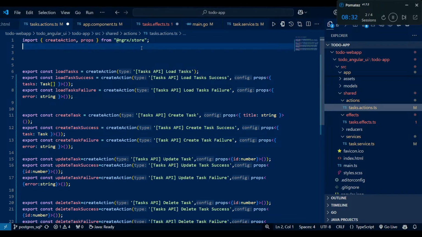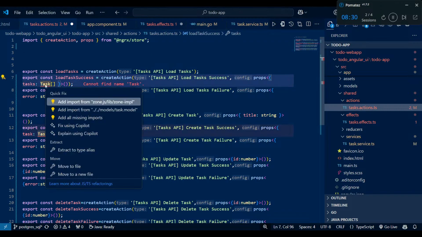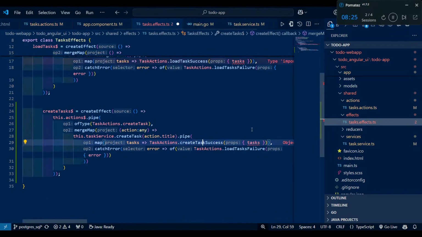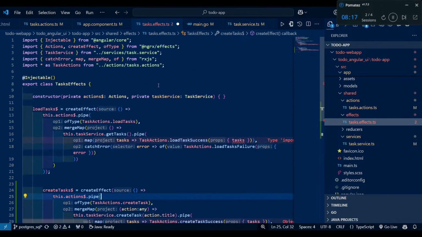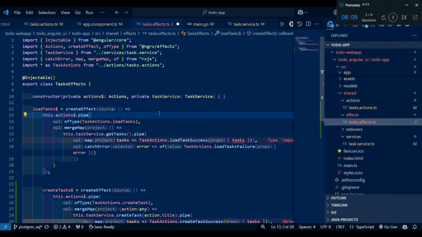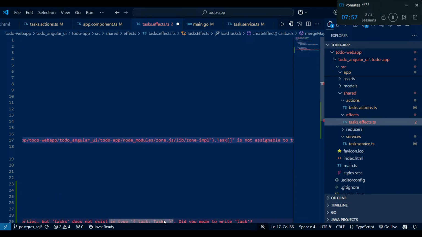So this is wrong. We also need to pass from the model. So that is the reason it is throwing this error. I think here also we need to. Okay, once again